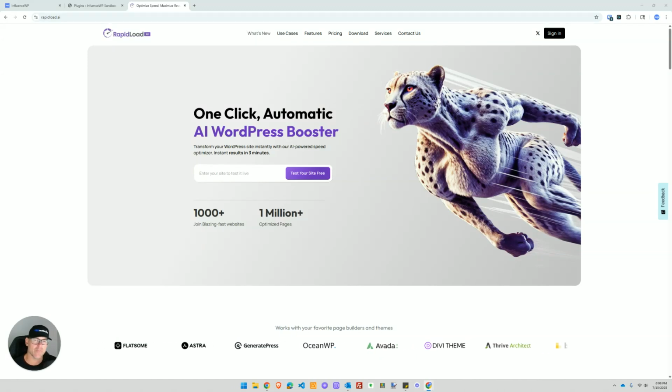In this first look video from InfluenceWP, we are checking out a WordPress plugin called RapidLoad AI, which is a plugin that's going to use AI to automatically enhance the performance of your WordPress website. Before we poke around the website a bit and then look at the solution together, just a quick bit